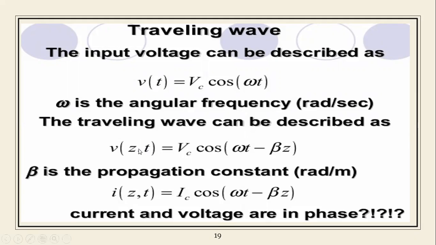Whenever you are talking about a particular direction, that is Z, you need to take care here: gamma Z is nothing but alpha plus j beta, that is, the attenuation and the phase constant along the particular direction. Beta is the propagation constant, with radians per meter as the unit. While you are talking about the current, how we can measure how my current is flowing in the particular direction, that is too important. So I is I_c cos of omega t minus beta Z. This is the current, and the voltages are influenced, we can find easily.